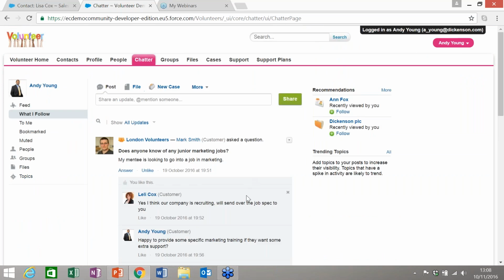So this is a volunteer community that you can see here with different groups. So it's volunteers that can chat to each other. And this type of functionality can also be used for peer-to-peer groups, so peer-to-peer support groups. It can also be used for learning communities and also private groups. So if you've got a family you're supporting, you can create a secure area for a member of staff to